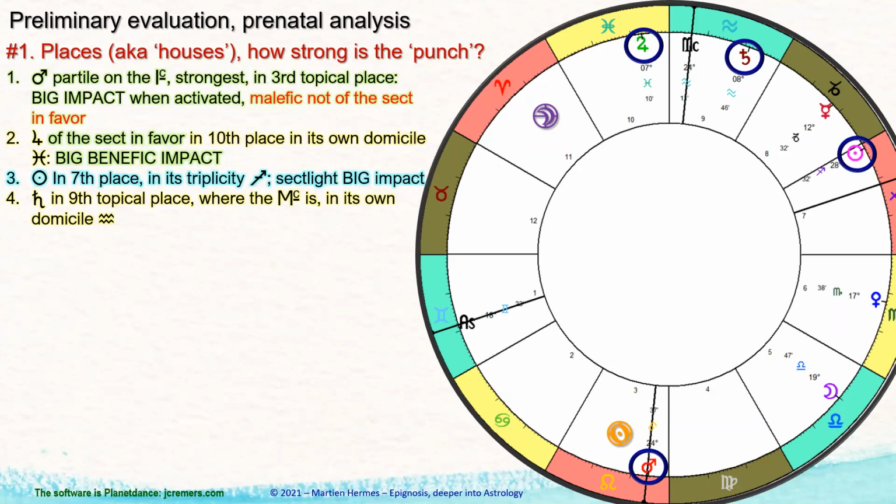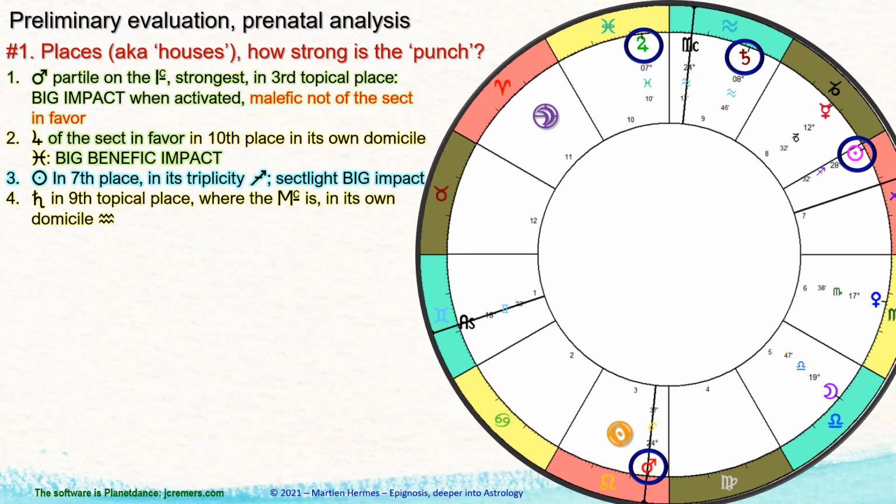So when we look at the sun, the sun is in the 7th place, an angular place, which is, of course, a very strong place. The angular places, Schmidt called them pivotal places. So whenever you find a planet in an angle, which is actually a pivot or a stake, as it's nowadays called, it's a center of movement. Whenever a planet is there, things are centered around that planet. That's the reason why these planets can be very, very strong, because they are in the middle of events happening. So that's why they are so important.